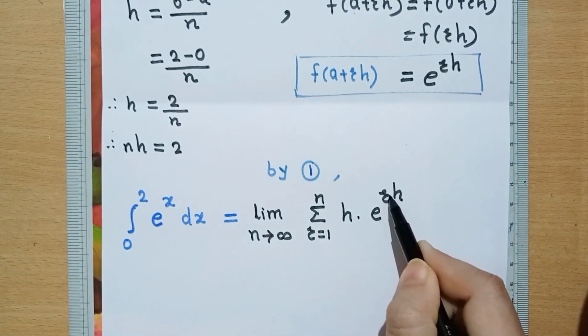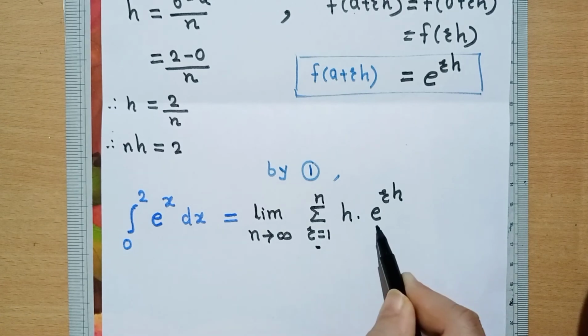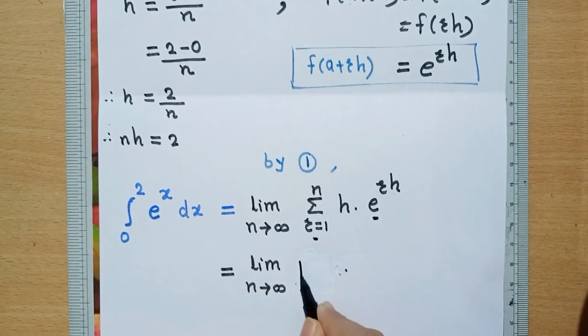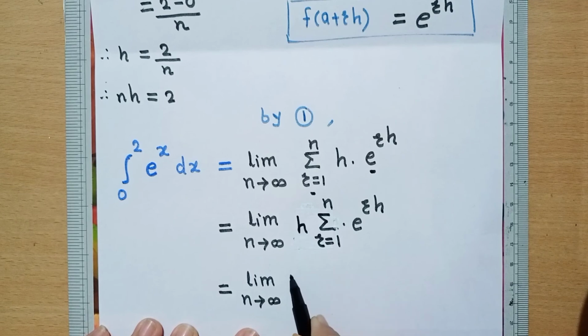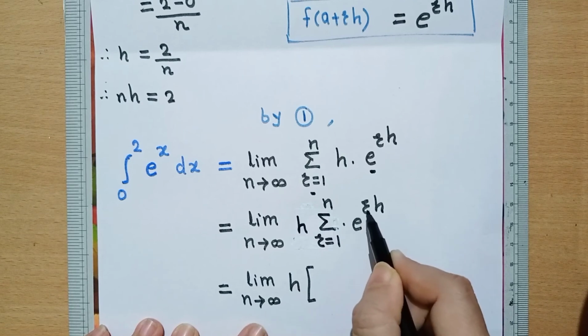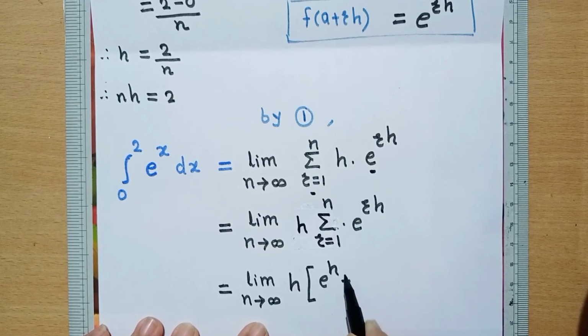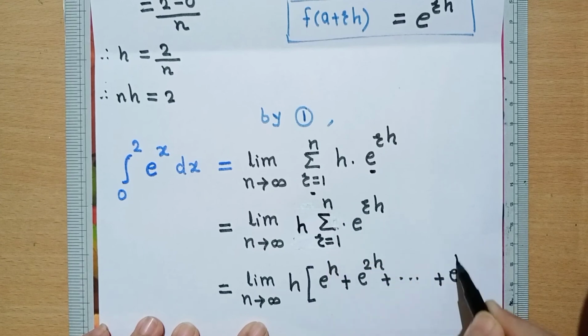Now here we can observe the r term, so we will apply summation for this term. Here we will write h, and then summation r running from 1 to n, and then we will write this term e raised to rh. We will expand this. Look, again we will write h, and here we will substitute the value of r. For r equal to 1, this term will be e raised to h. Then for r equal to 2, e raised to 2h, and so on. The last term is e raised to nh, and this bracket completes, which is a geometric progression.